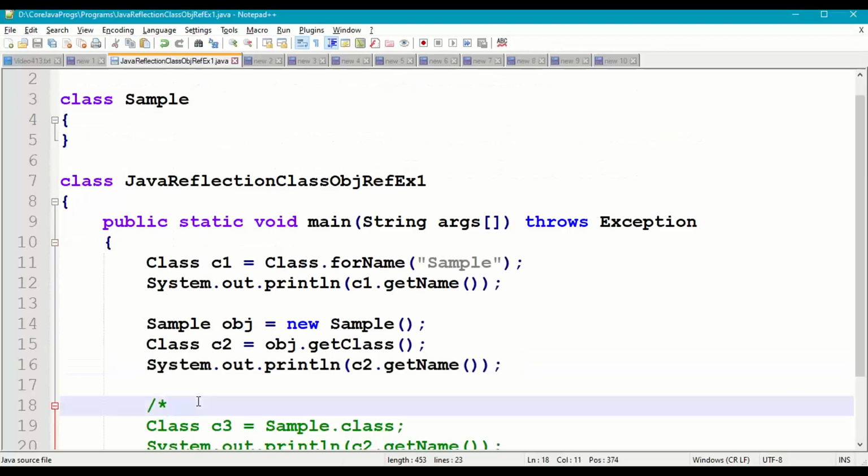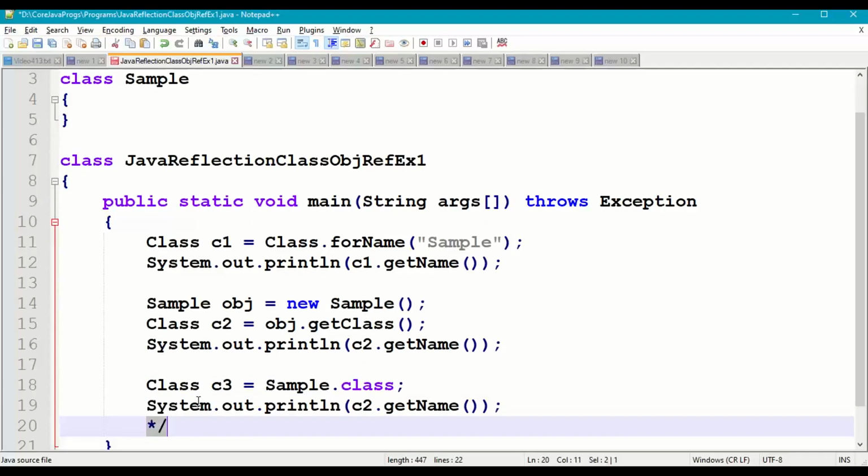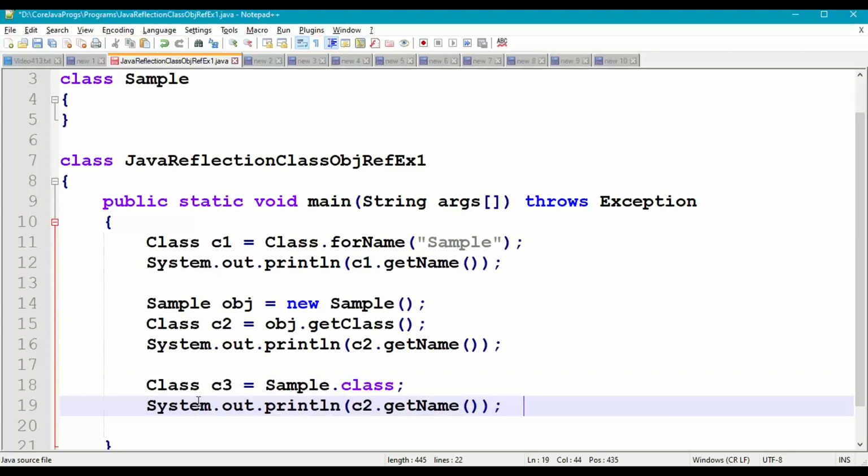Next, we can also get the object reference of Class using the .class syntax. So what is our class name? Sample.class. It will give the object reference of Class, store that in c3 and print c3.getName().